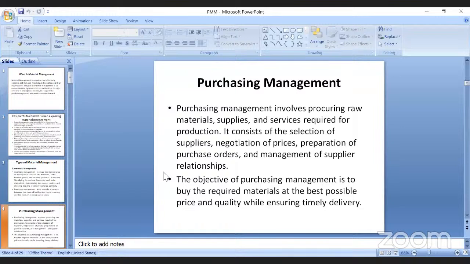Yes. That means when we are talking about purchasing management, the main aim is to keep relations with many suppliers. Suppose you are purchasing from one supplier, and due to some reasons he does not supply at the right time. Then what will you do? Companies or organizations maintain good cordial relations with many suppliers. Right or not? Yes, sir, right.